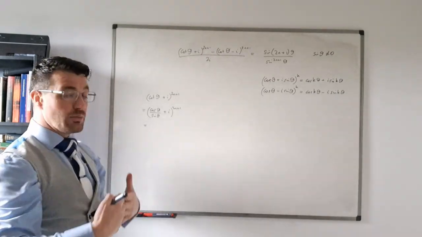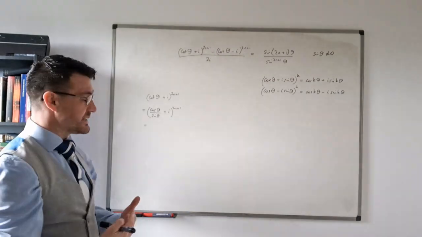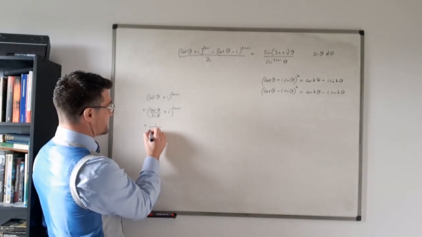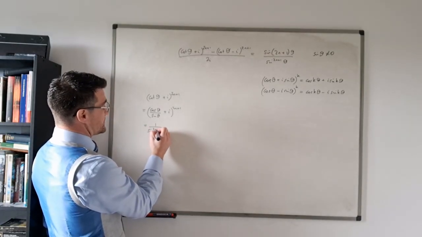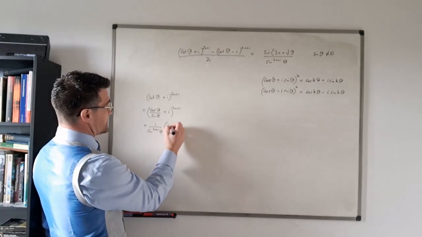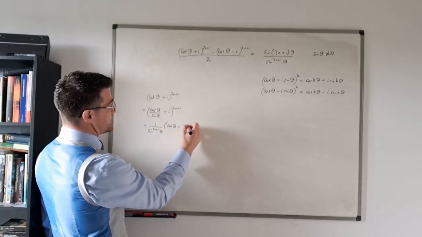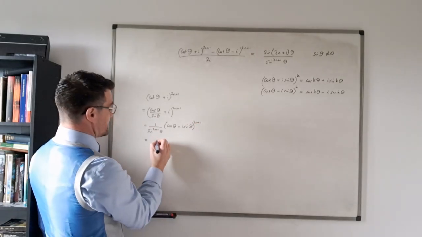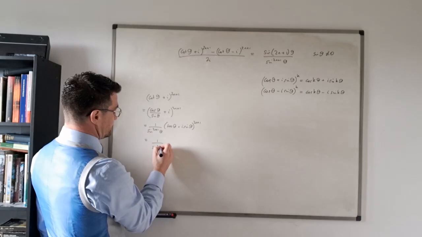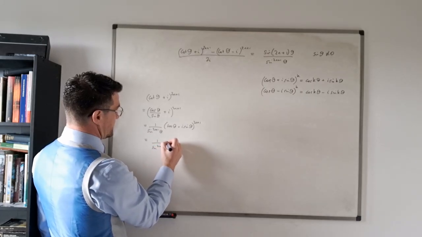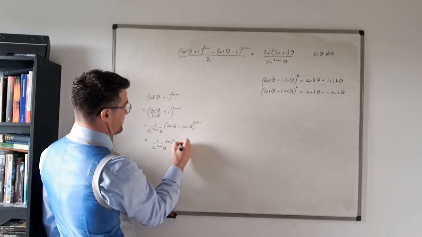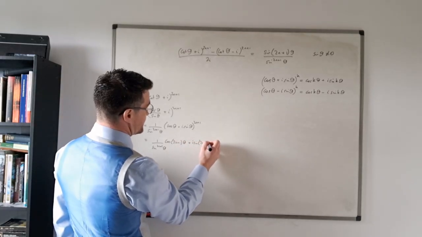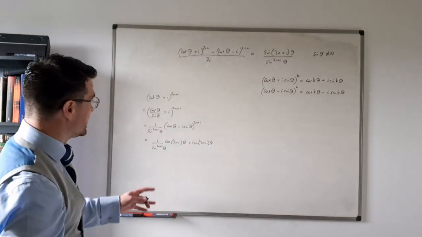So I'm going to pull 1 over sine theta out as a common factor from each one. That means that I'm going to be doing this 2n plus 1 times. So I get 1 over sine to the power of 2n plus 1 theta, times cos theta plus i sine theta to the power of 2n plus 1. This is where De Moivre's theorem comes in. Cos 2n plus 1 theta plus i sine 2n plus 1 theta. Piece of cake. Okay. Similarly,